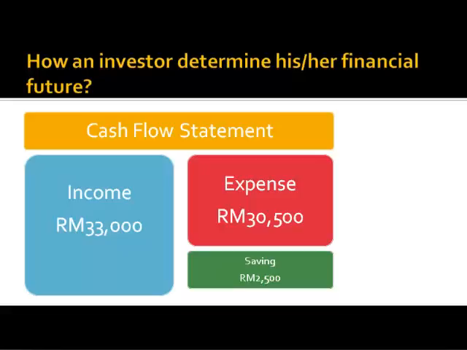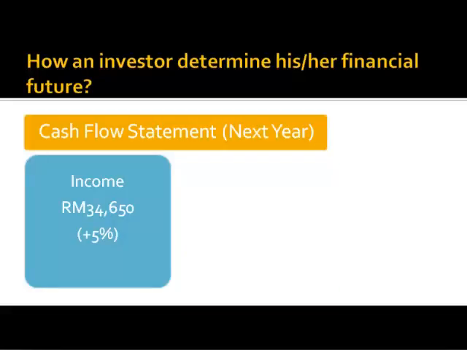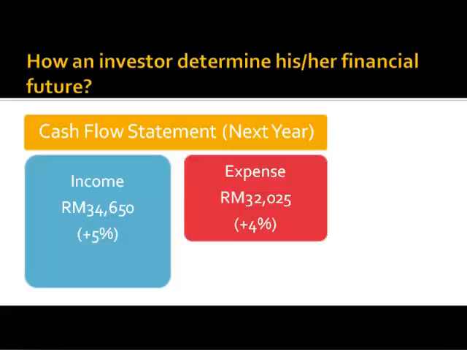And James knows that he can expect to receive an annual salary increase at least equal to the increase in cost of living. So here, let's say that he estimates he will get an average of 5% a year. Okay, so based on that 5%, next year his cash flow statement will look like this. So you can expect an increment of 5% to the total income, which will now become